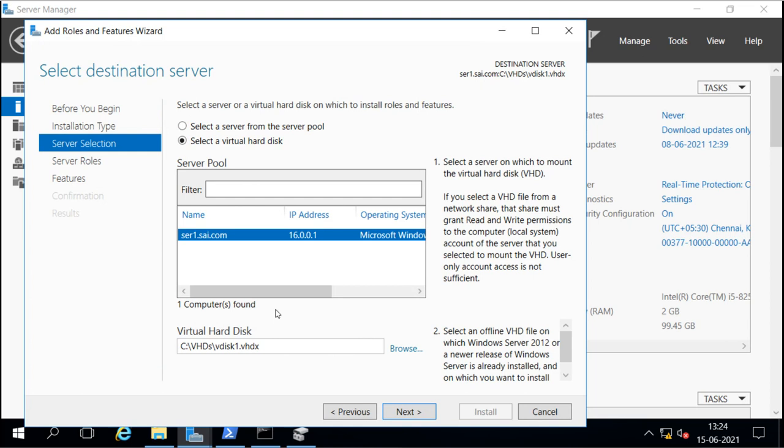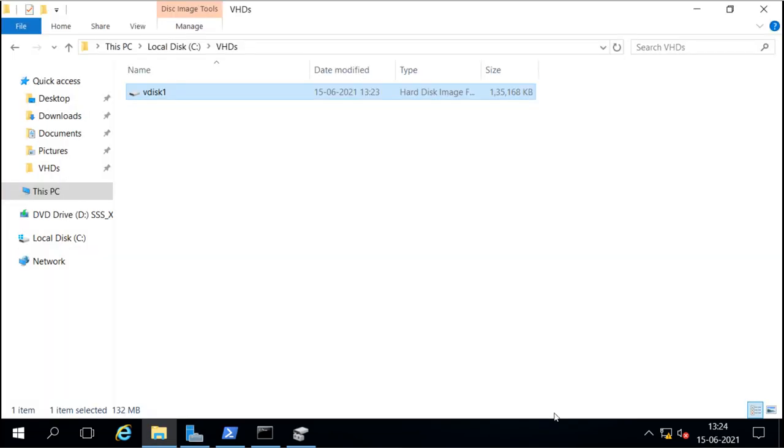And on this disk we can install the roles. Now for installing the roles, the disk first has to contain the operating system. If this disk has an operating system installed, like Server 2016, then we can use it to install the roles and features also. And we can also use this disk as a virtual disk for a virtual machine, and then install the operating system into it. So we can use it for that also.